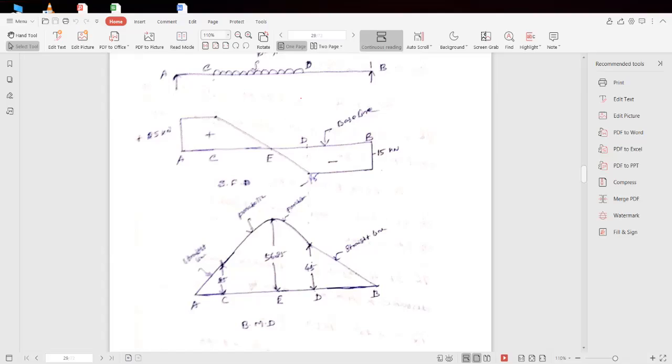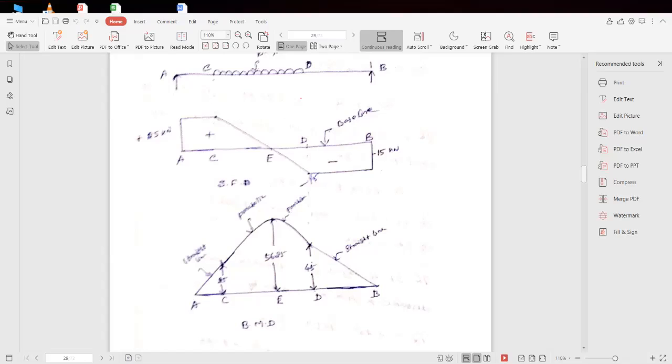What is the bending moment value? Load into distance. At point C, it means load into this distance. How much is the load here? 25 kilonewton, into the distance. The distance from A to C is 1 meter. Therefore, 25 into 1. And also, towards the section you consider clockwise. So plus 25 into 1, 25 kilonewton meter. Therefore, this is a straight line up to 25 kilonewton meter here.